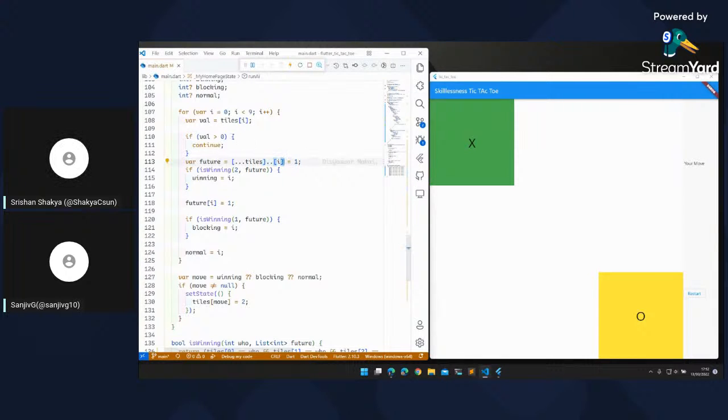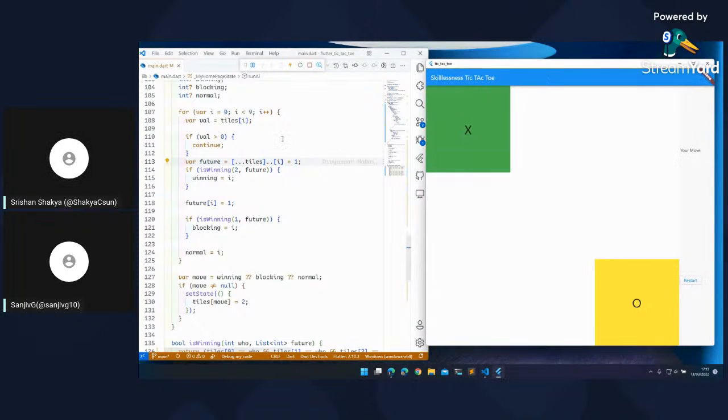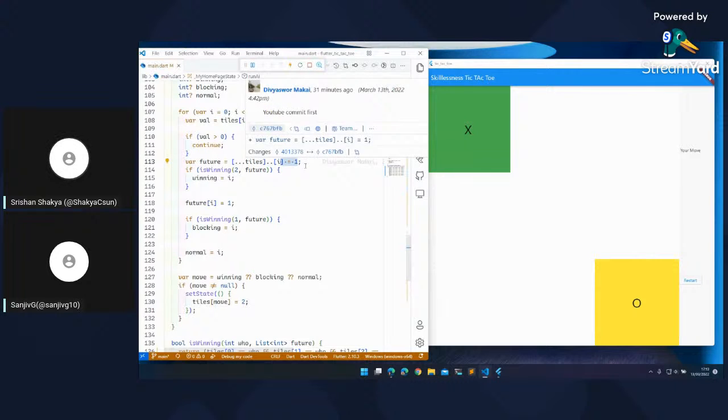So in the future, let's see how to explain. It just goes through all the possible boxes, and the first box it finds which is empty, it turns it into 1.